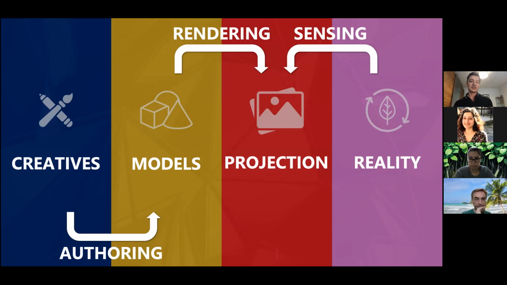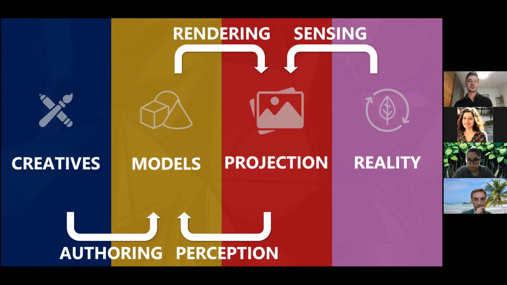And then finally, from projections to models, we can use perception algorithms, machine perception. So this is the summary of what I've been working on. In particular, these four areas are what I've been working on quite a bit in the last 10 to 15 years. I worked a lot on developing the relevant models for different parts of 3D digital reality, how we render them to go to projections, and also how we go back from projections to models.